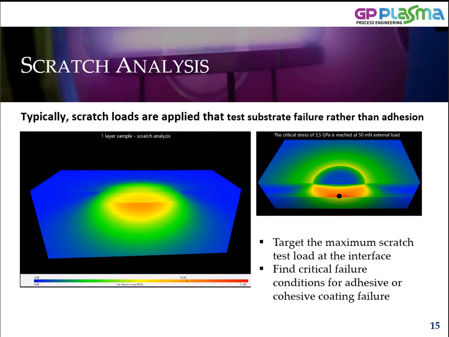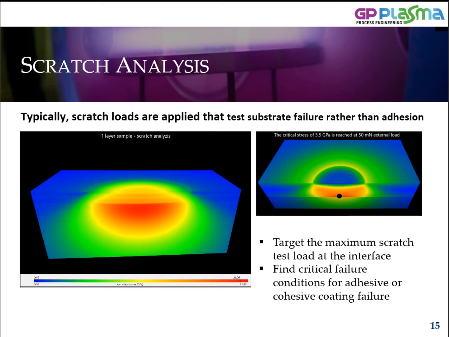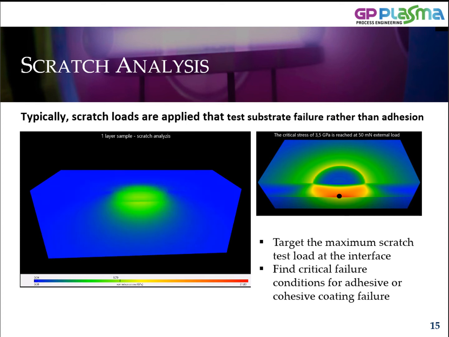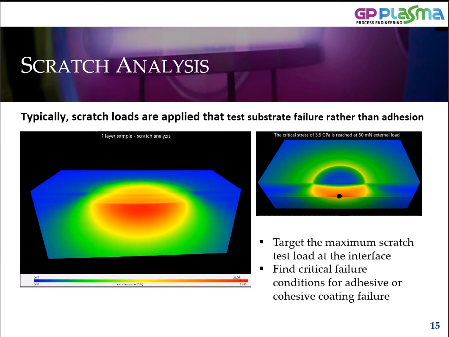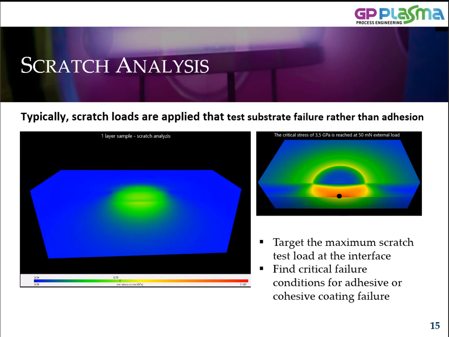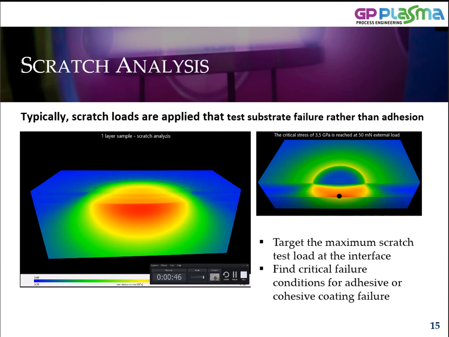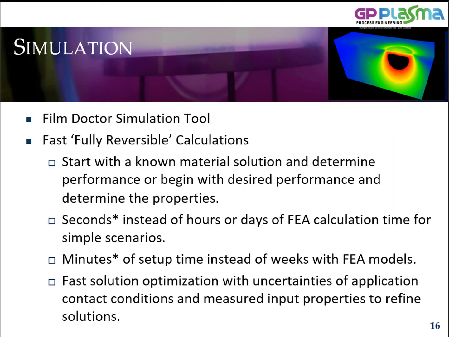So on the left, we have an animation showing a 200 micron tip, or a scratch tip, loaded onto a single layered coating system. And you can see that the maximum load shown in red is within the substrate. And in this case, we're showing the maximum stress now positioned at the interface for an ideal scratch test. The Film Doctor simulation tool